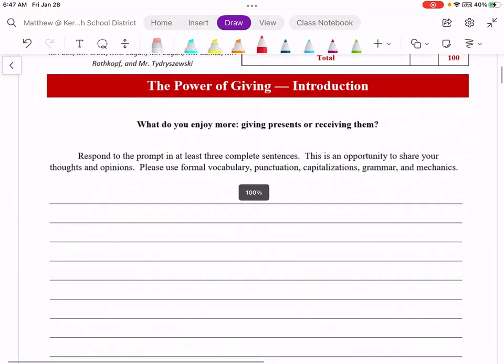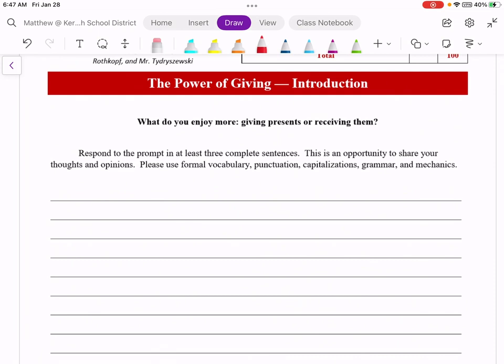The first part of the final exam will be a question: which do you enjoy more, giving presents or receiving presents? So on this part of the final exam here, we simply want a 3-sentence response to which do you enjoy. Do you like giving presents and seeing people's faces as it lights up in joy? Or perhaps you're like me and you like getting presents because, let's be honest, gifts are awesome. So this part of the final exam, please just respond with what you prefer and why. So in my case, I like both, which is okay.